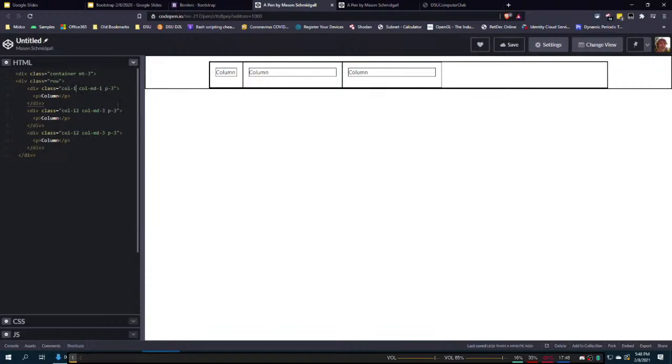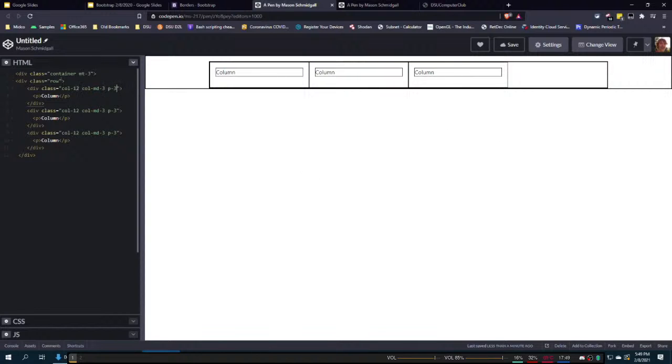And how you usually do it is you have really big column sizes at the small screen sizes, or you usually just use 12. And then as you get bigger, you reduce how many columns your column takes up, or in some cases you might increase it if it gets too small on a big screen. But yeah,